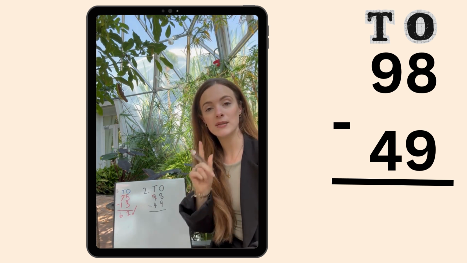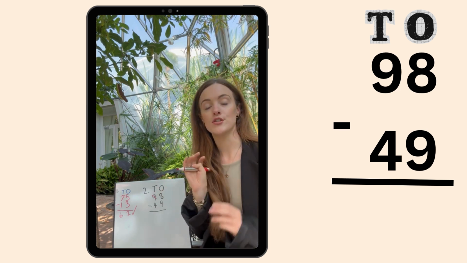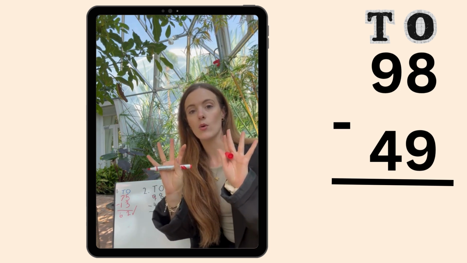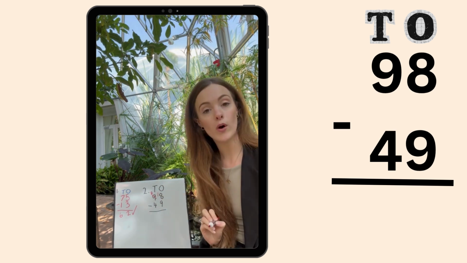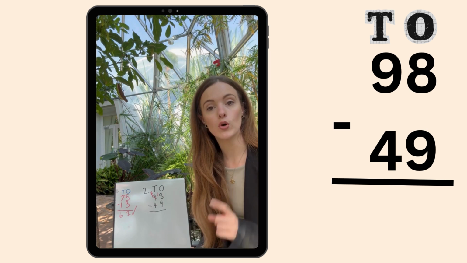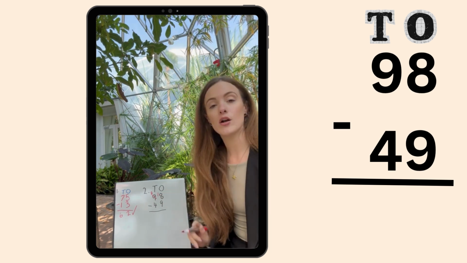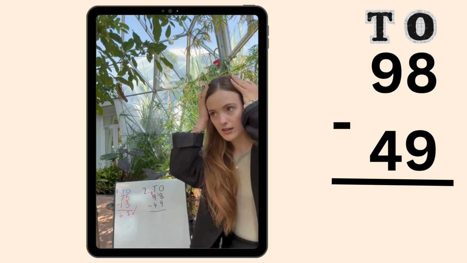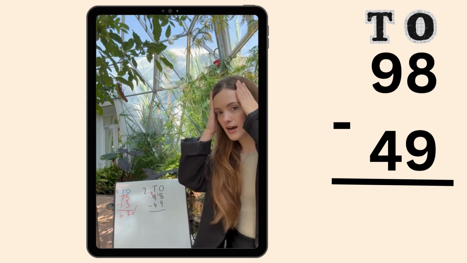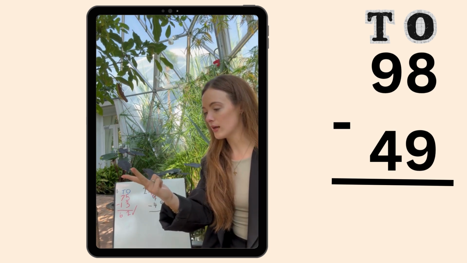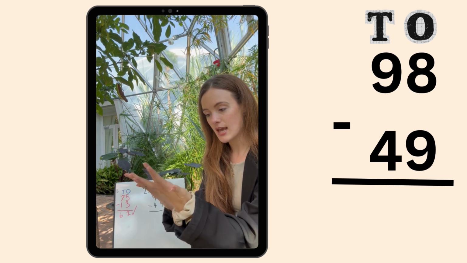Hello tens, please can I borrow 1 ten from you? So you do 9 tens, take away 1 ten. 8 tens, and your 1 ten goes over to your ones column. So you now have 18, take away 9. 9 in your head, count on until you get to 18. 9, 10, 11, 12, 13, 14, 15, 16, 17, 18,